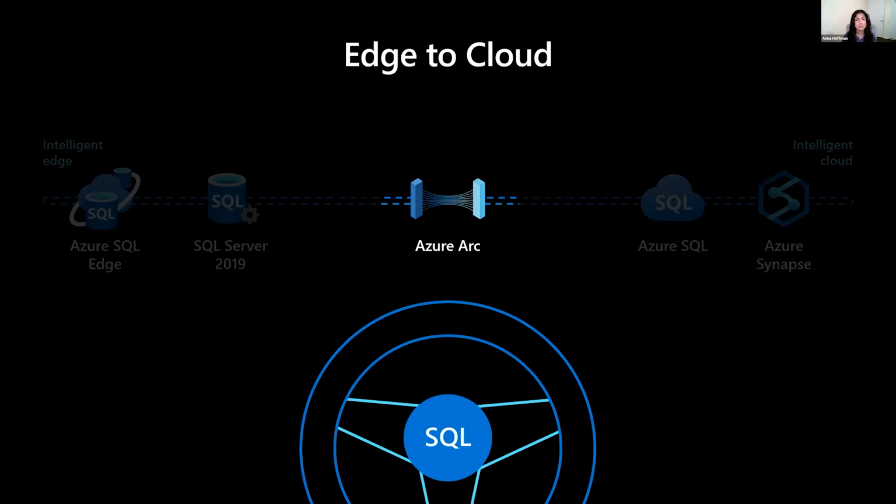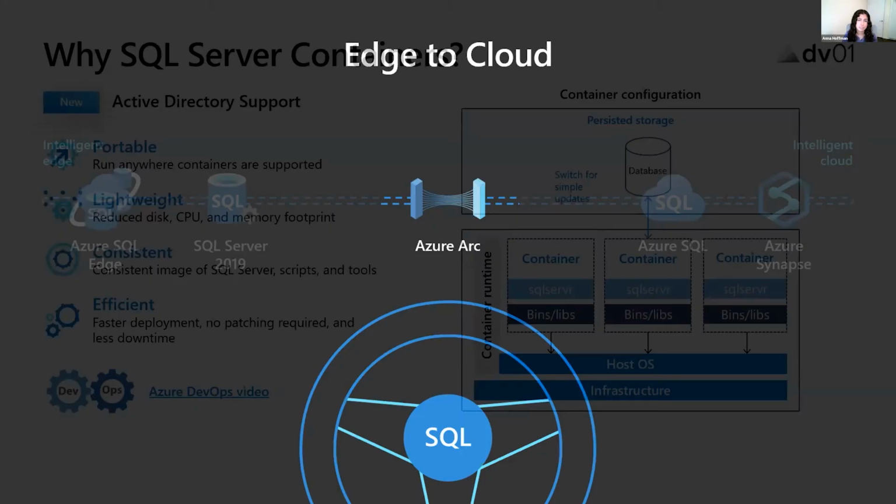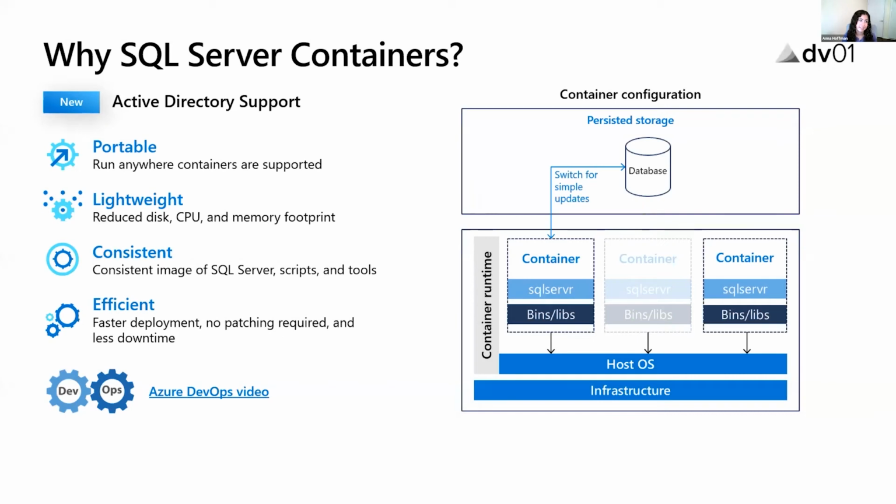Now, by coming up with SQL Server on Linux, this then paved the way for other opportunities like running SQL in containers. Now, there are lots of reasons to run things in containers, but specifically what I want to talk about is how we took SQL Server in containers, we enhanced it, we added new things like Active Directory support, and now that you're running in containers, you can run on Kubernetes. And that really paved the way for Azure Arc, because a lot of these services, well, all of these services